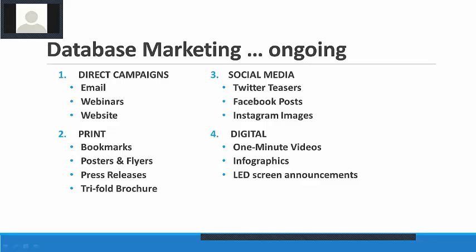So for instance, you might have some direct campaigns where you're sending email out periodically, or you do a webinar, or you do information changes and so forth in a website. You can have print, because people like to take things home and keep them. Printing things is always a good idea. So bookmarks that focus on the database, posters and flyers, press releases, brochures. We're going to show you some of those, what we've done at Tech Talk,